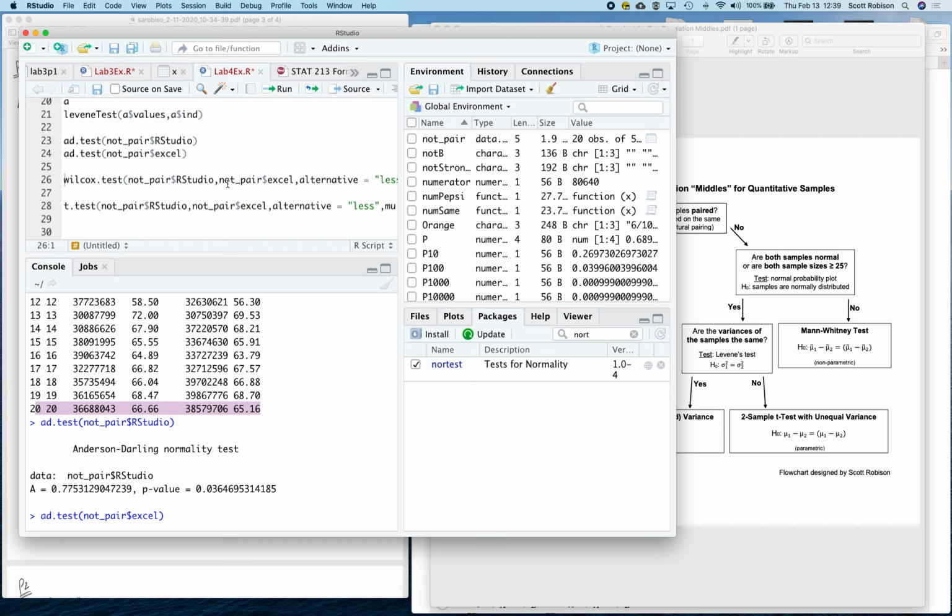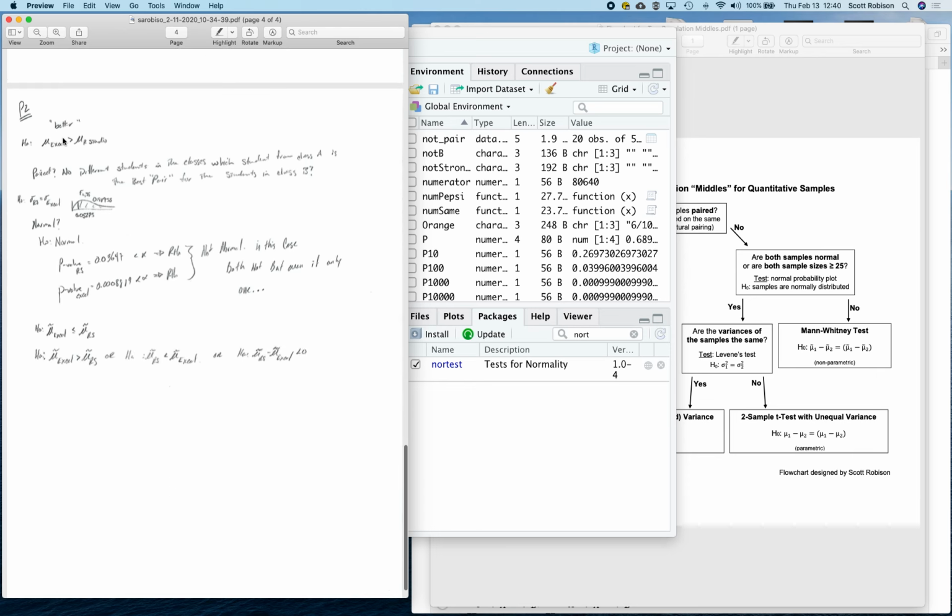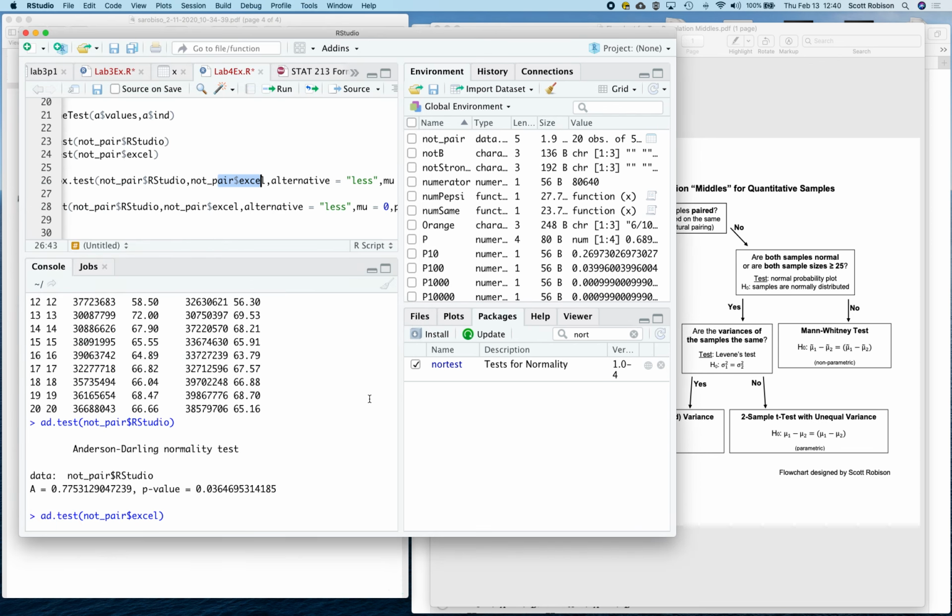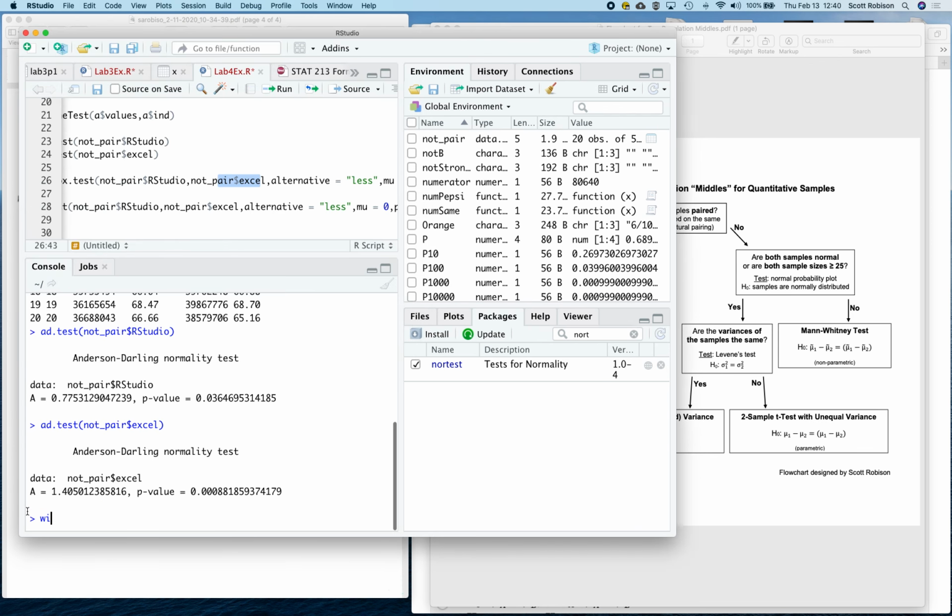When you're doing the Mann-Whitney test, what you would do is you do Wilcox.test, you do the first group, you do the second group. And in this case, I'm trying to see if Excel is bigger than RStudio. So if I've put RStudio first and Excel second, and I want to see if Excel is the big one, then I would do the less than sign. Let me try and show you with drawing it out. So if I'm trying to see if Excel is bigger than RStudio, one nice way would just be to write the order. So when I'm doing here the Wilcox test,